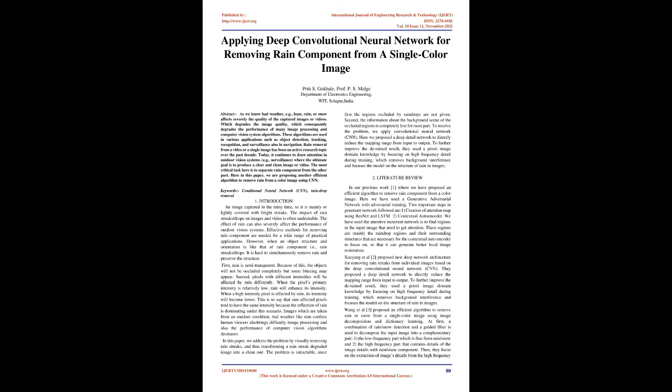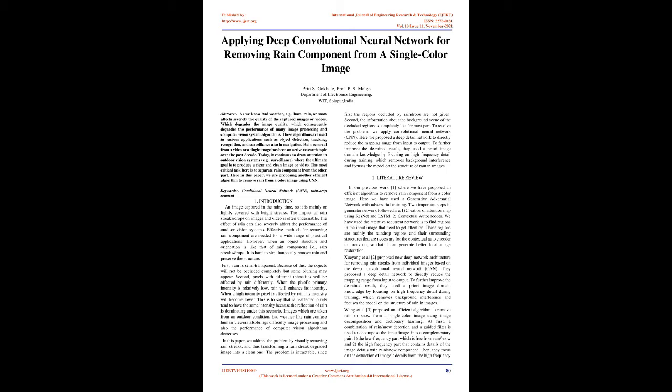First, rain is semi-transparent. Because of this, the objects will not be occluded completely, but some blurring may appear. Second, pixels with different intensities will be affected by rain differently. When the pixel's primary intensity is relatively low, rain will enhance its intensity. When a high-intensity pixel is affected by rain, its intensity will become lower. This is to say that rain-affected pixels tend to have the same intensity because the reflection of rain is dominating